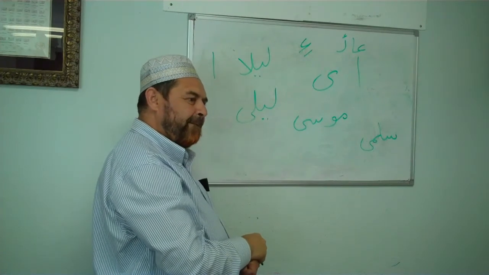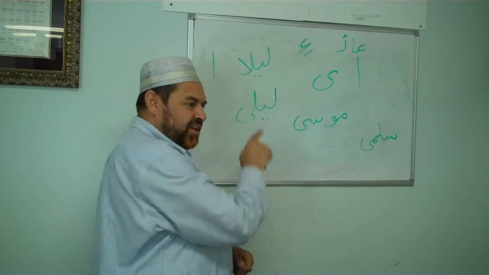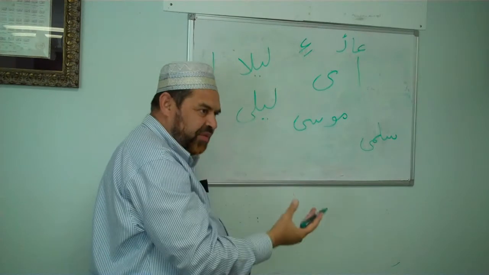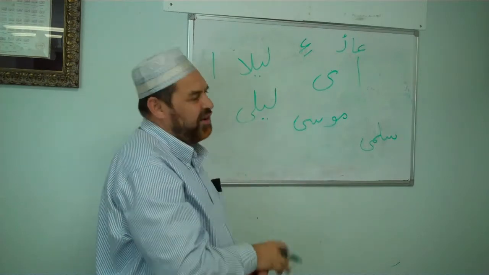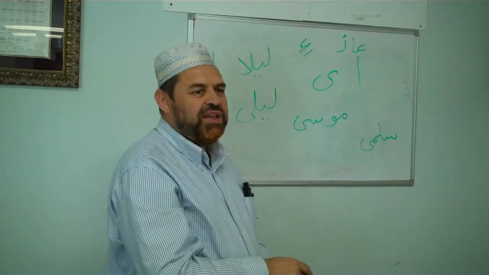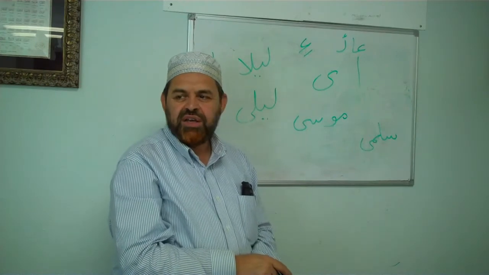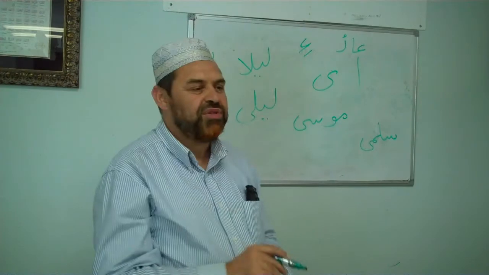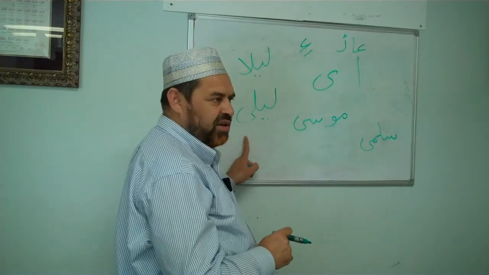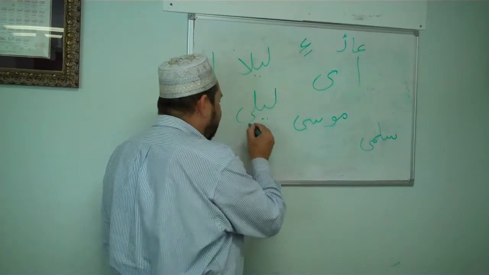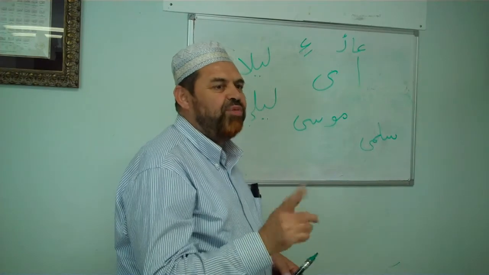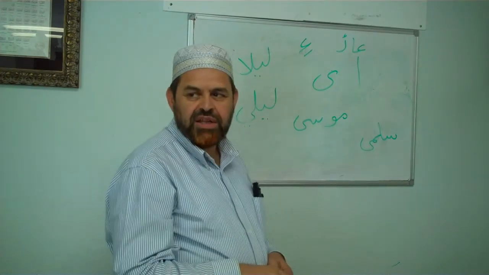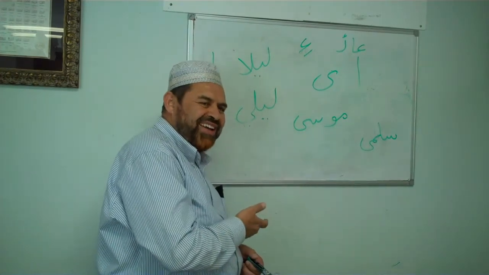Does it always come in the end? Yes. This Alif in the shape of Ya will always be in the end. It will not be in the beginning of the word or in the middle of the word. Does it have a nukta also? It doesn't have the nukta. This Ya does not have the nukta. If you put the dot, it will not be Alif anymore. Then you will read it like Li.